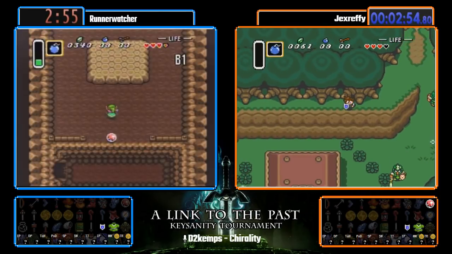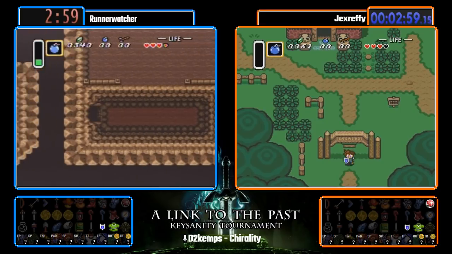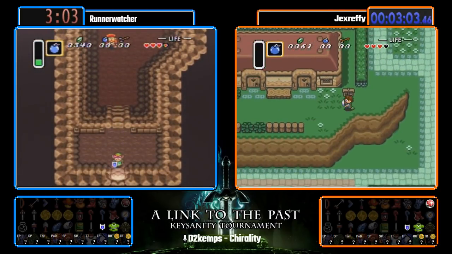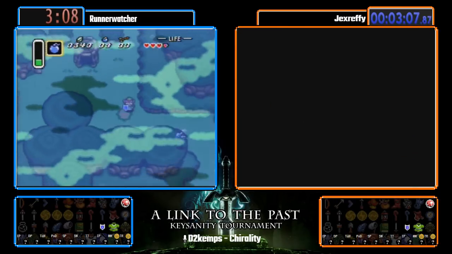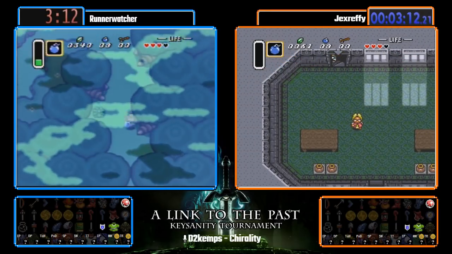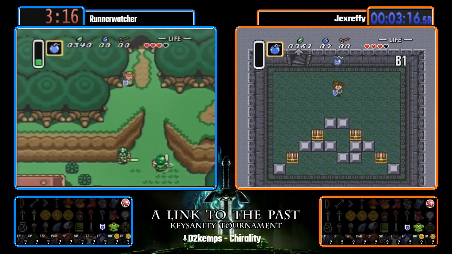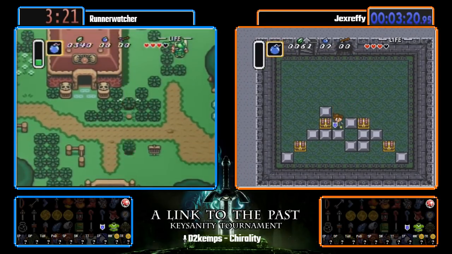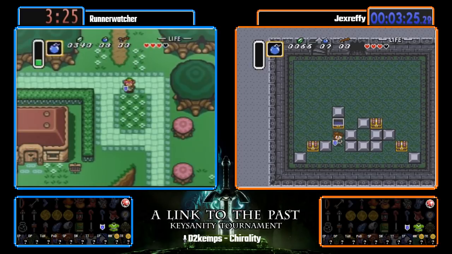jexreffy getting to Kakariko first because runnerwatcher went back for more money. We will see if that pays off. It really depends on where the 300s are, and if there's a single 300 in Kakariko, jexreffy not going for the extra money is going to be probably the better play. It can absolutely pay off since they got the Moon Pearl, because that enables them to fake flippers, and if he gains just a little bit more money, then making that play of fake flippers into getting the King Zora